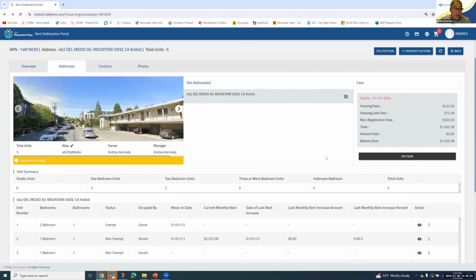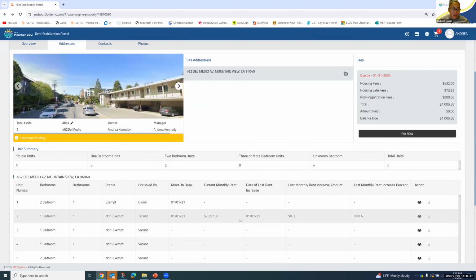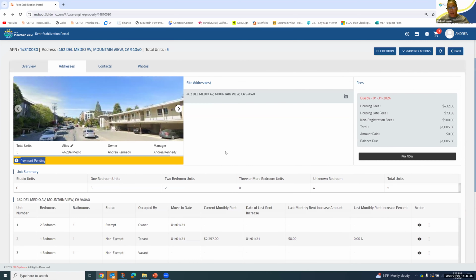But if you don't have any unit exemptions, for everybody else who's on the line, and it's pretty straightforward, you just submit it, it will bring you back out to this homepage, and your next step will just be payment pending. It's just that extra step for people with exemptions. And I just wanted to show it since we do have somebody on the line.